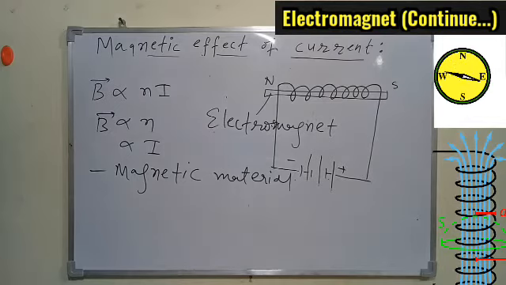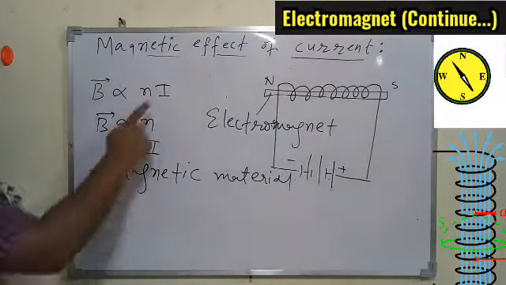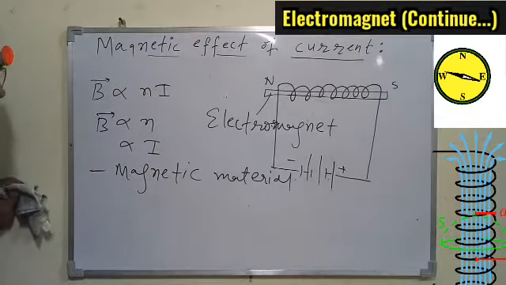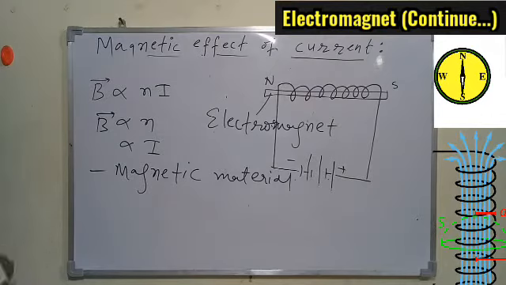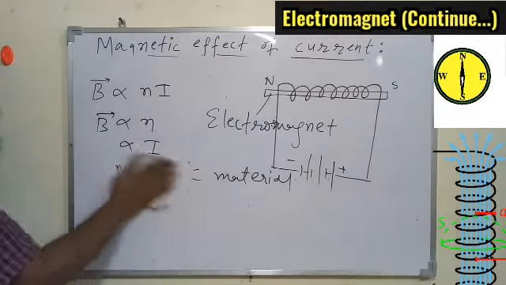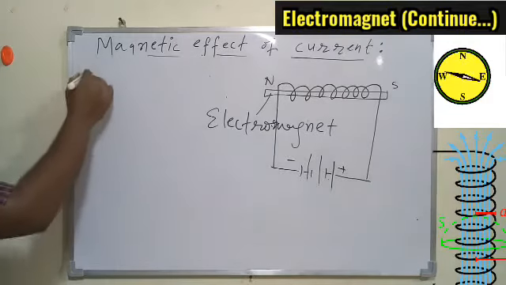We have different types of the magnetic material that will be discussed in higher classes, but in 10th class, only for your knowledge, you should know overall the strength of the electromagnet depends on the number of turns per unit length of the wire, the electric current flowing through the wire, and the third thing is the magnetic material itself, means which kind of material we have used to make the electromagnet.